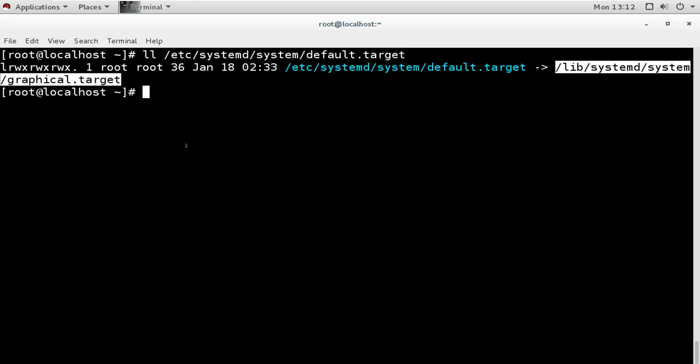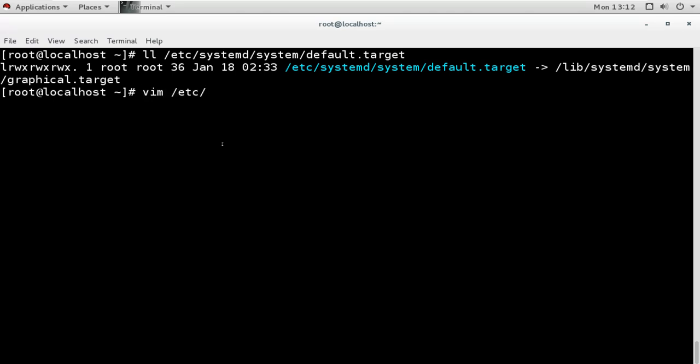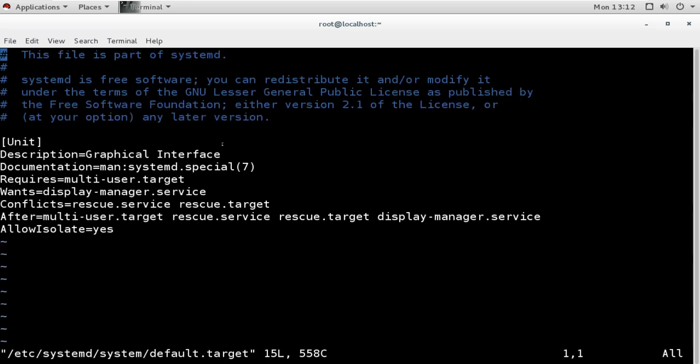That means when our system boots, it actually boots with this graphical target, and you can see it is a very simple script. If I check this default.target, we can see it's a unit, and the description says it is default graphical, because it is basically only the link. The documentation you can find here, and it also requires multi-user.target.